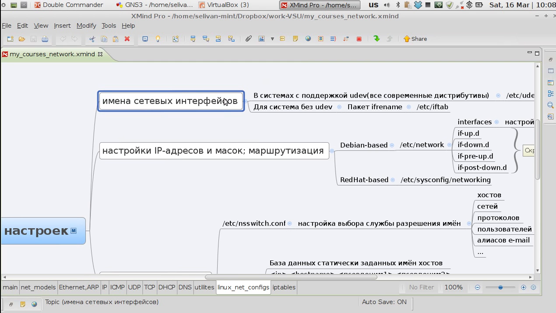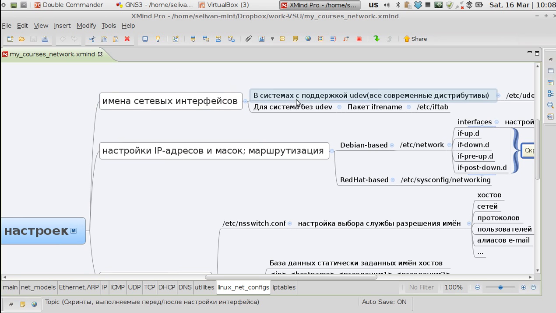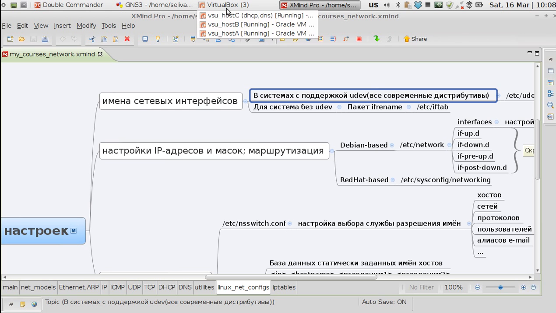So the first important configuration files are files that determine network device naming. For example, you have a USB Wi-Fi adapter. You plug it into the first USB port of your computer, configure it, then you plug it in the second port next time, and it becomes not eth0, but eth1. So all your settings are lost. To prevent this,